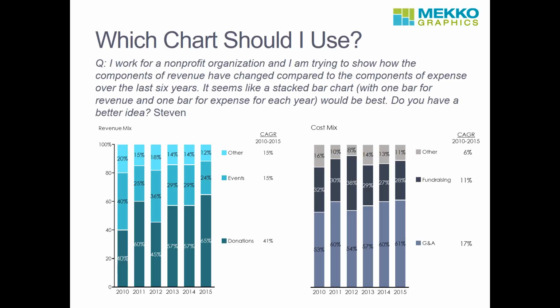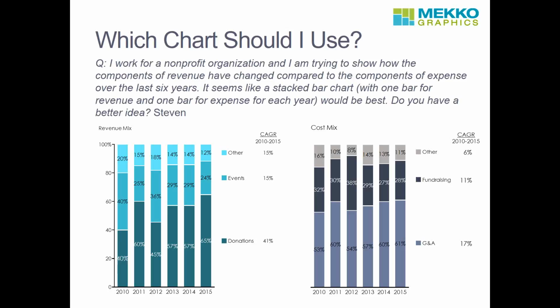And the recommendation we came back to Stephen with was, maybe you're better off with more than one chart rather than one chart. Maybe you're better off with a revenue mix chart and a cost mix chart. And in Mekko Graphics, you do have the easy ability to put two charts on a slide, and two stacked bars, each with 6 bars, and a legend and a CAGR does actually fit pretty well on a half